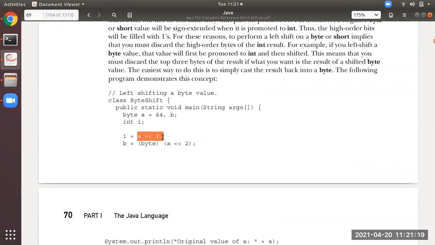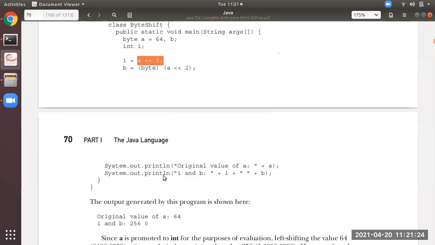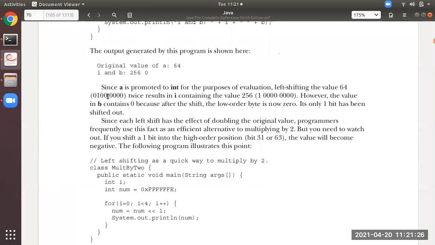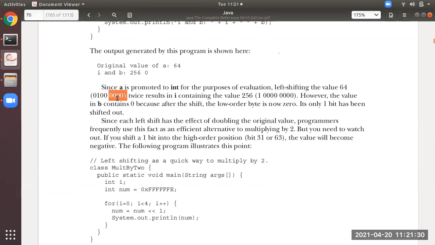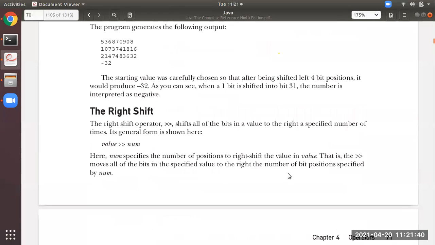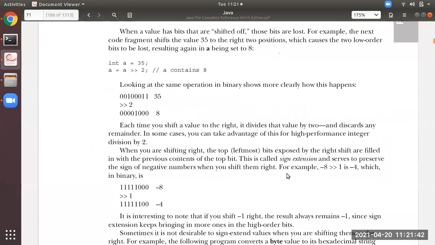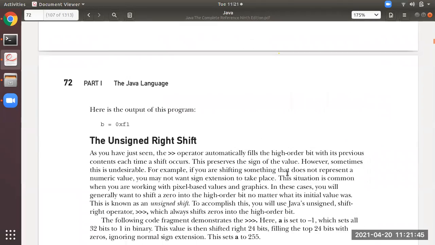Here, 64 is left shifted 2 times. When performing left shift 2 times, it will become this number. I will explain with an example in the next class. We'll continue next class. You all can leave.